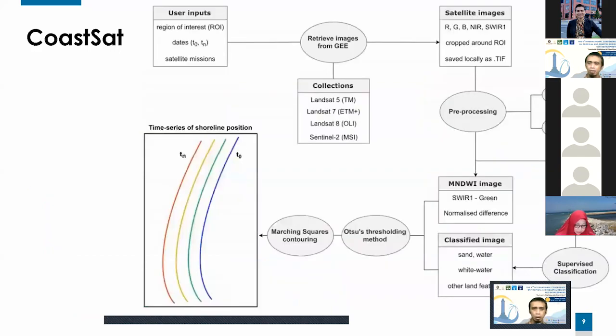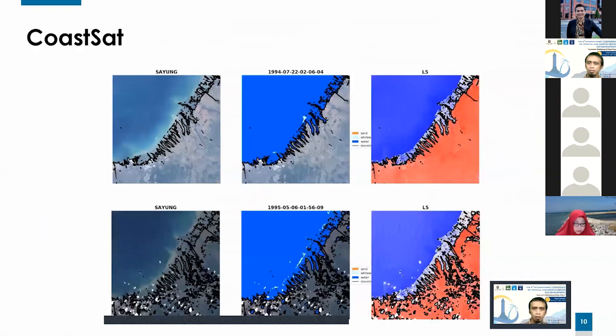And this is the basic diagram of CoastSat. Basically this software can extract the shoreline, but due to the type of the shoreline or the coastline in Sayung, which is not a sandy beach, we could not get a proper shoreline or coastline boundary by using this method. That's why we use the software only until pre-processing. This is the reason. In 1994, we could get a proper boundary of the coastal area, but in 1995,